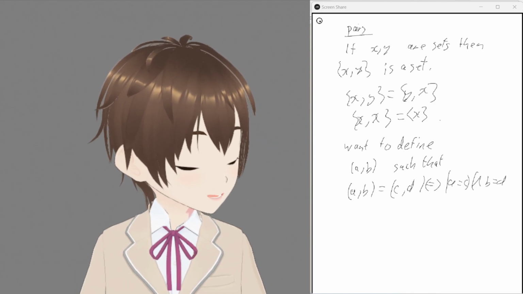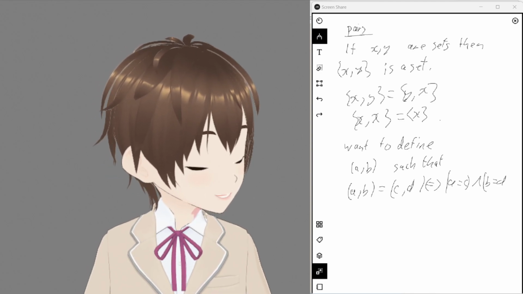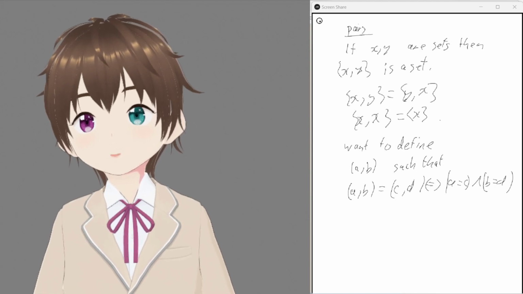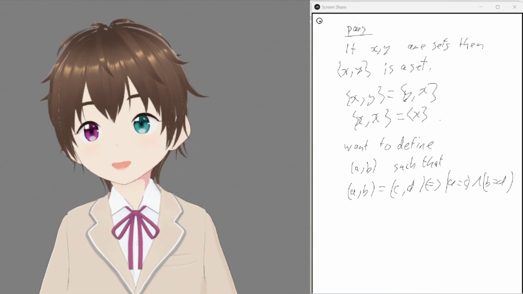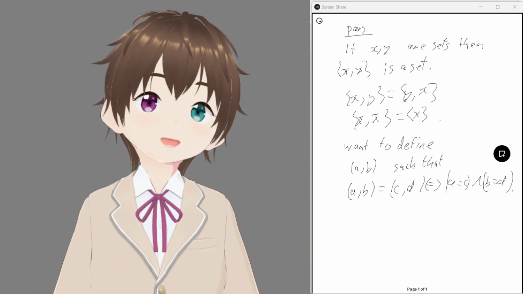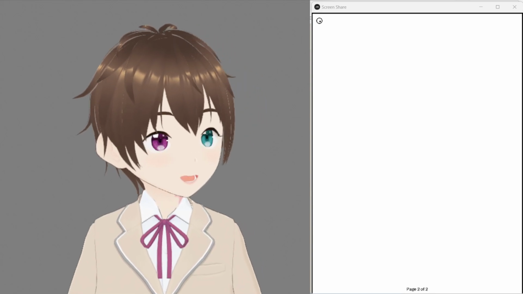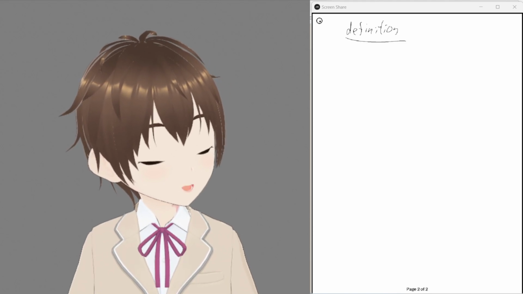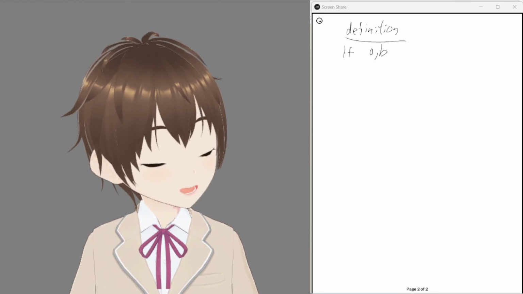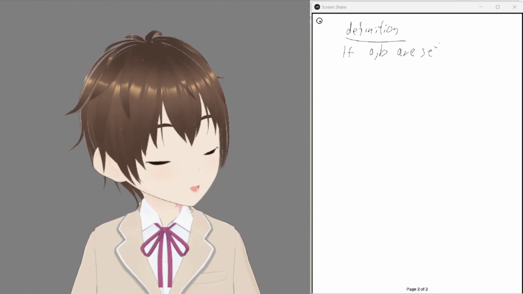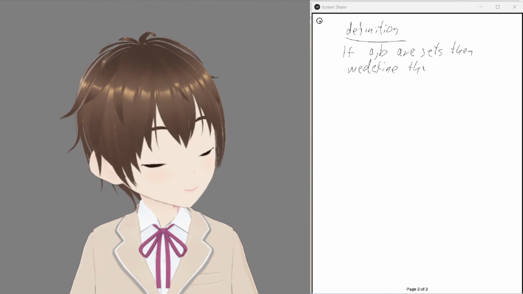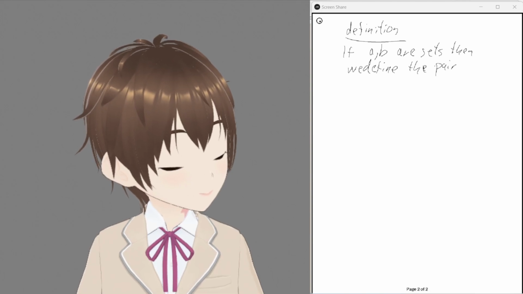So we're going to define a thing which does this. And we only have sets to work with, so we're going to define it using sets. The idea is we're going to take each of our things and tag it with another set which tells us which position it was in. So definition. If A and B are sets, then we define the pair (A, B)